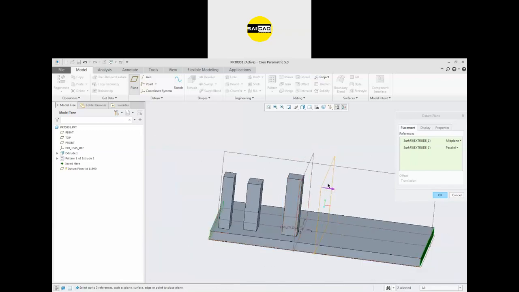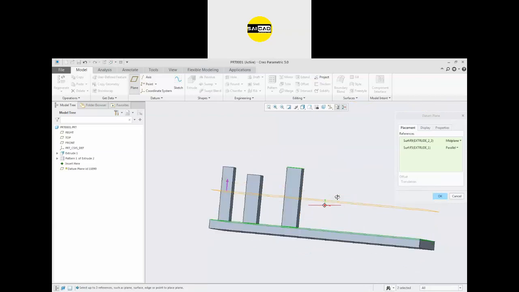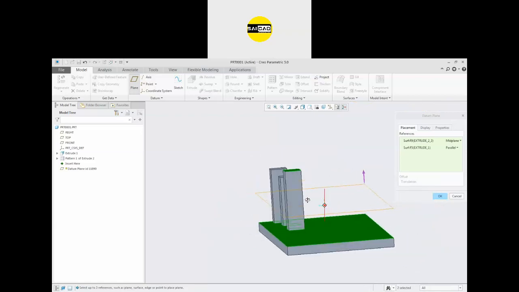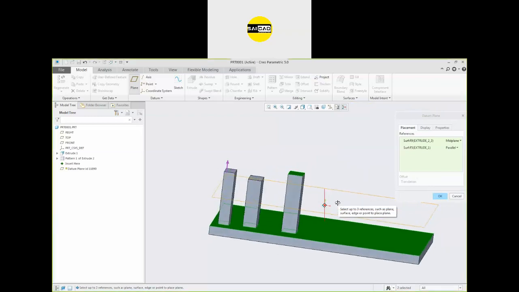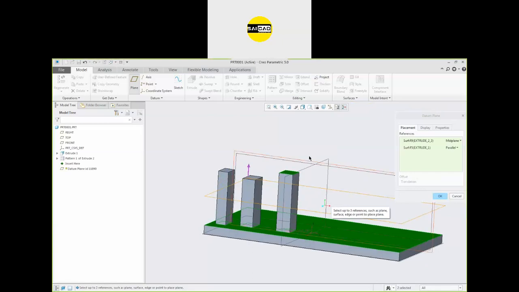The plane will be created exactly at the center. You can see at first it is applied mid-plane and second it is applied parallel, and from those references this mid-plane is created.